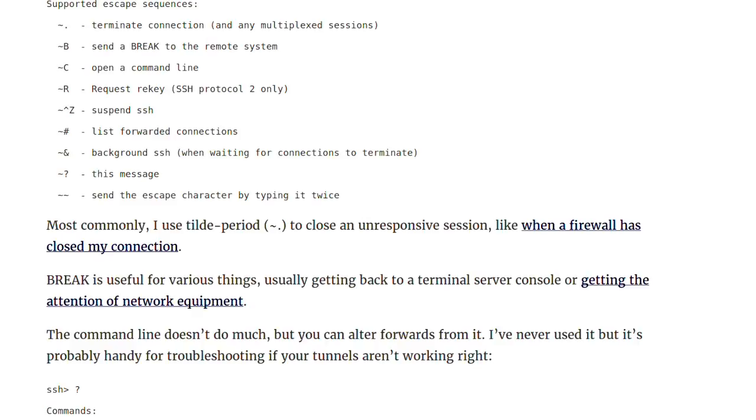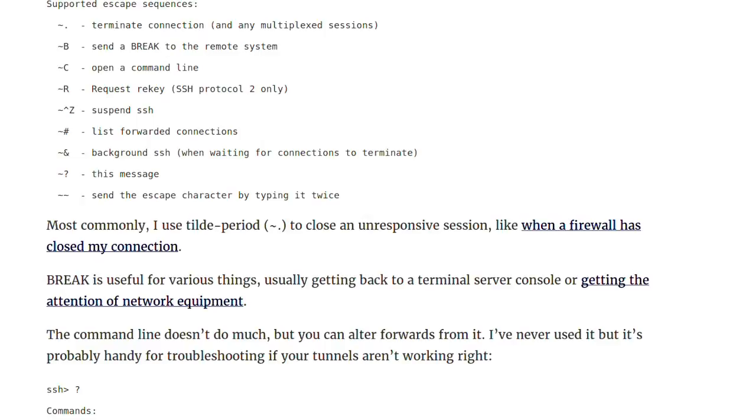Tilde Control-Z does a suspend SSH, so that basically does a local Control-Z instead of a remote Control-Z. Oh, yeah. Because if you're SSHed into something and you do a Control-Z, whatever you're in will background. Yeah, but if you want to background the SSH process and do something locally,